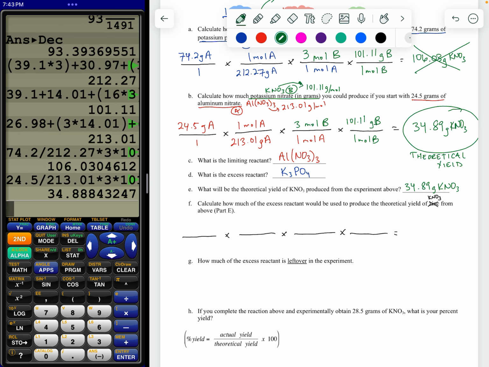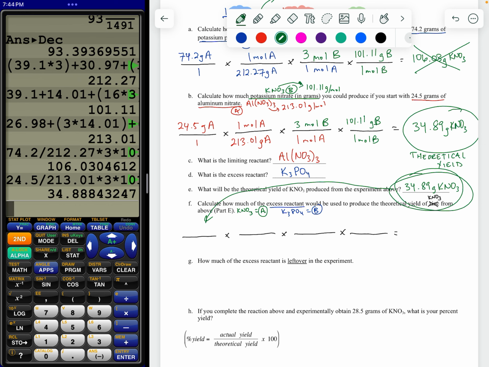So KNO3 is now substance A down here, right? And so I can write that over here. KNO3 is substance A. And then the excess reactant we identified was potassium phosphate, which is K3PO4. So that is B. And we're going grams of A to grams of B. And we know that we are starting with that as our theoretical, right? And so our theoretical is going to